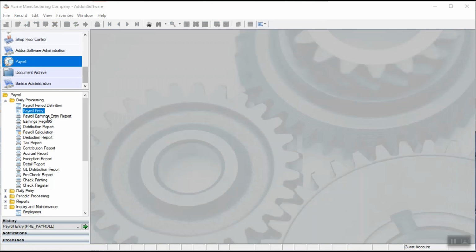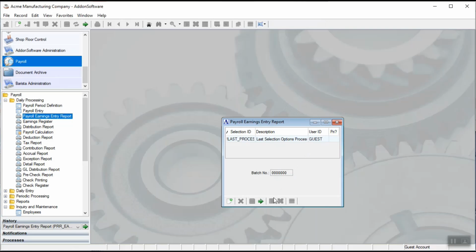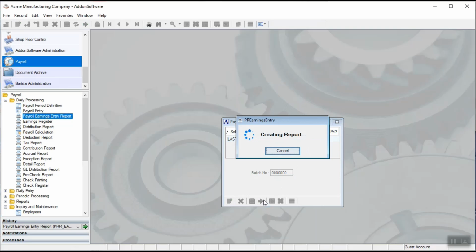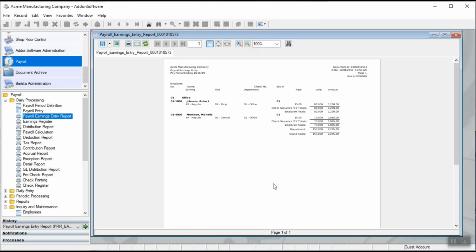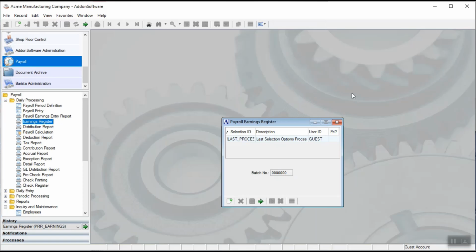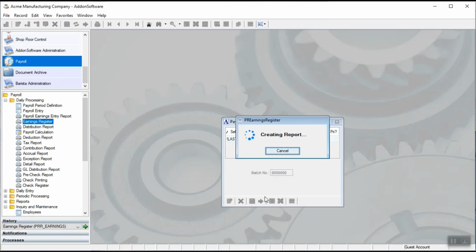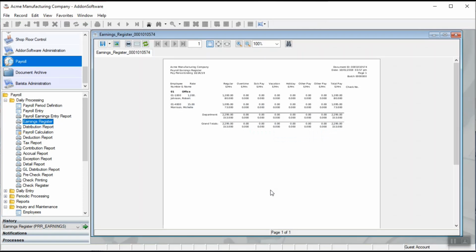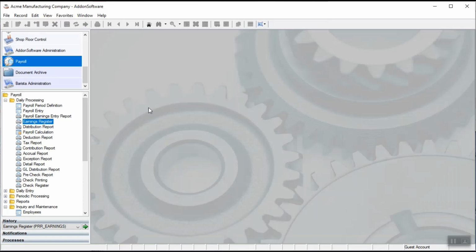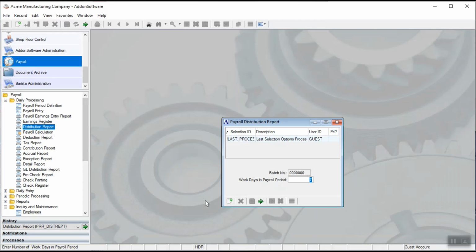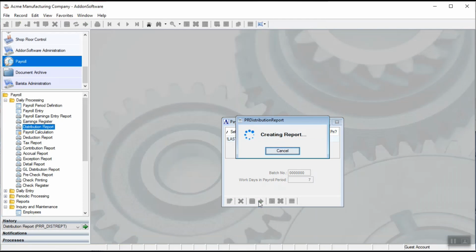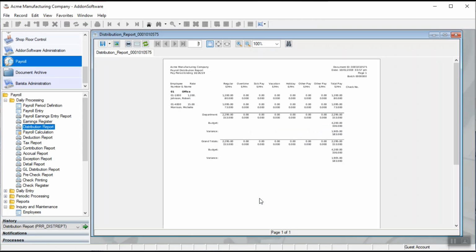Now we can run the optional entry reports that function as audit reports and to highlight any errors that we may have encountered, such as a distribution code or a payroll code that does not exist. So here we have the earnings entry report, the earnings register, which is summarized by earnings codes, the distribution report, summarized in another fashion,